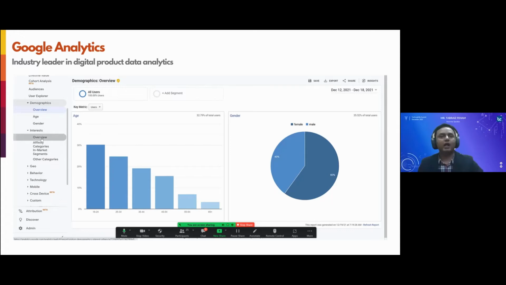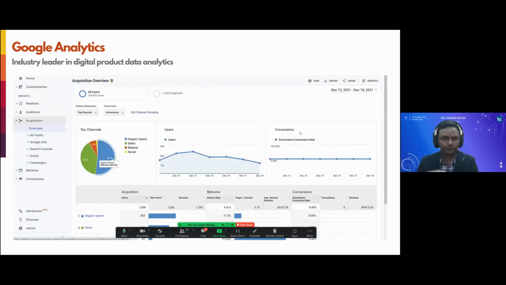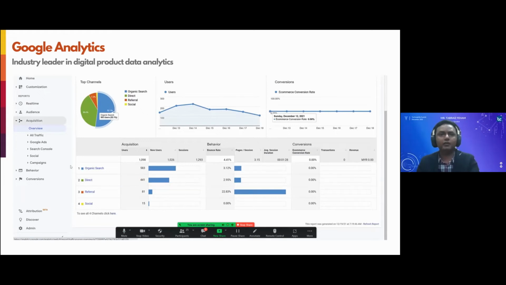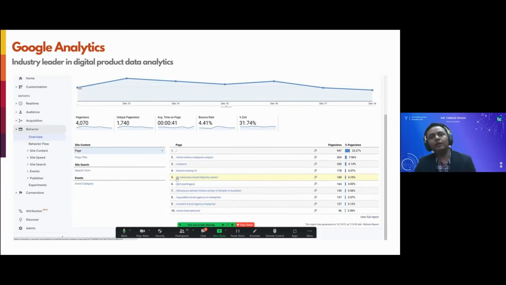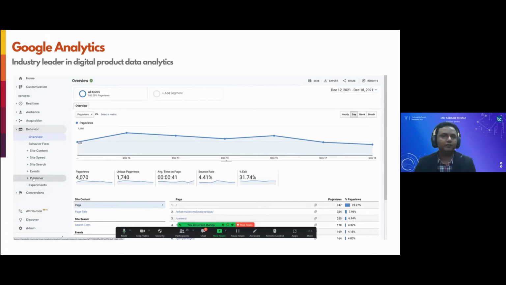So if you want to be a good product manager, especially if it's your first go-to, you have to learn it. You have to learn it deeper. You have to understand all the features. Very good in terms of audience, in terms of acquisition, from where your users are coming, how many users are organic, how many are direct, from the search engine optimization viewpoint, from the experience viewpoint, from a demographic, from user journeys, from pathways. Everything is actually there.